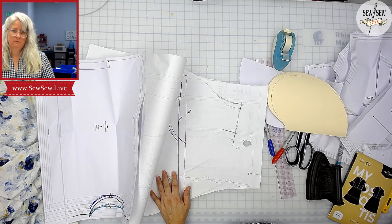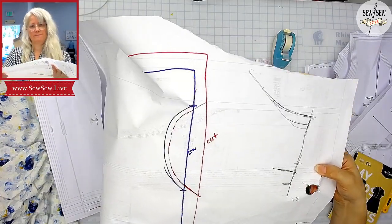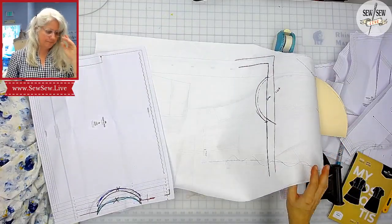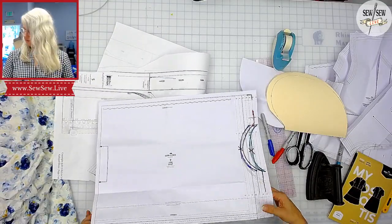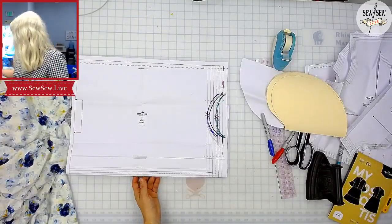Where's the color? Is that better? I can't see it. Let's see. So red, right? Okay. All right, I'm gonna cut this. Am I gonna cut this off? I'm not gonna cut this off yet. All right, so now,